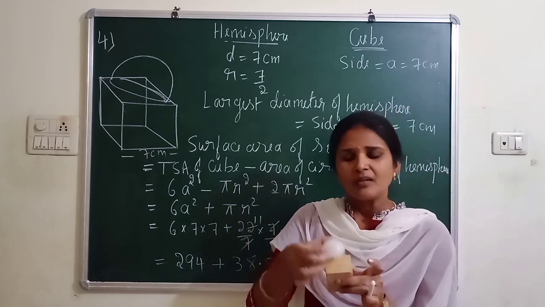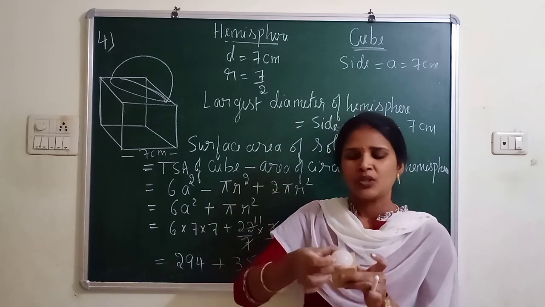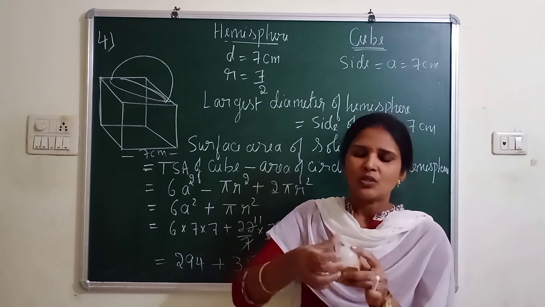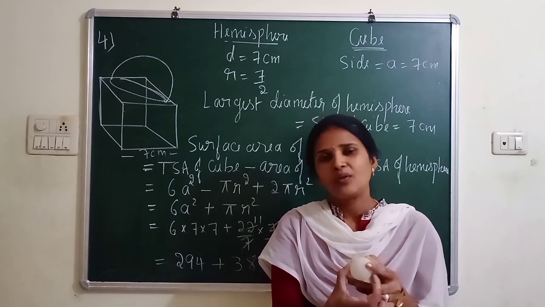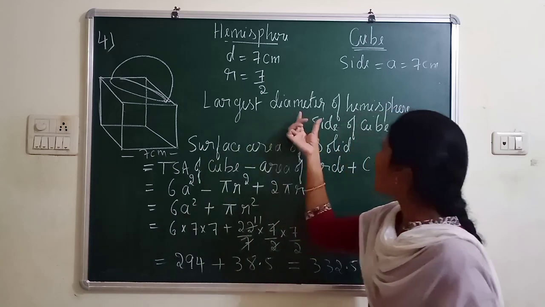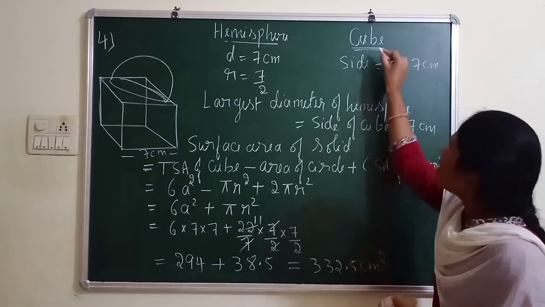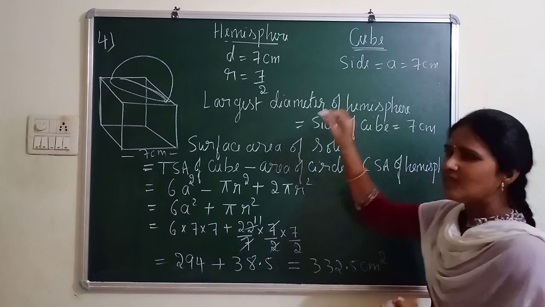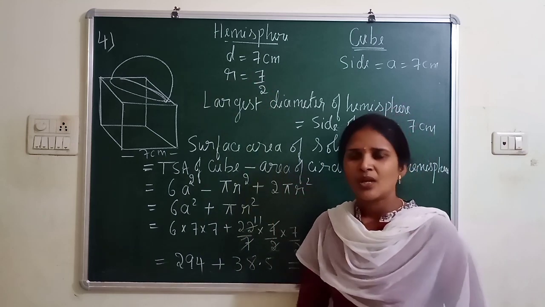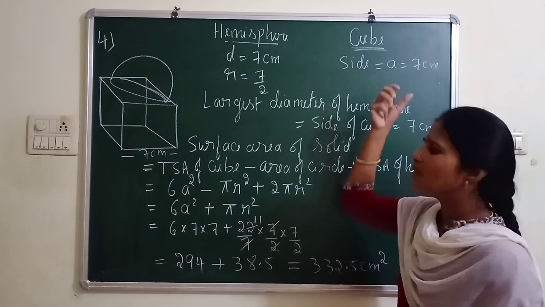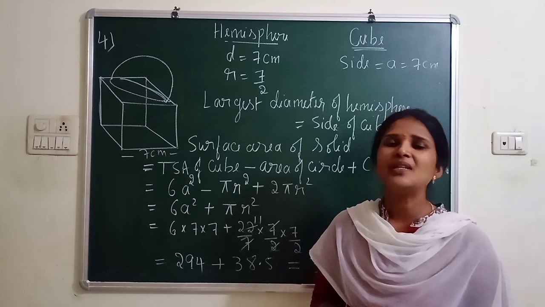So this is one question. What has he asked? Find the largest diameter of the hemisphere it can have when it is mounted on a cube. So when you mount this hemisphere on a cube, what is the largest diameter? The diameter of the hemisphere is equal to the edge of the cube. That is, the largest diameter of the hemisphere is nothing but the side of the cube, 7 centimeter. Now we got the cube details, that is, the side is given as 7 centimeter, and the diameter of the hemisphere is 7, therefore the radius is 7 by 2. Now we can find out the hemisphere dimensions and the cube dimensions. We are ready with the dimensions. Now he is asking to find the surface area of this block.